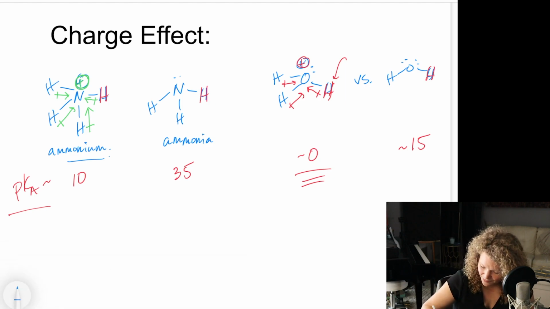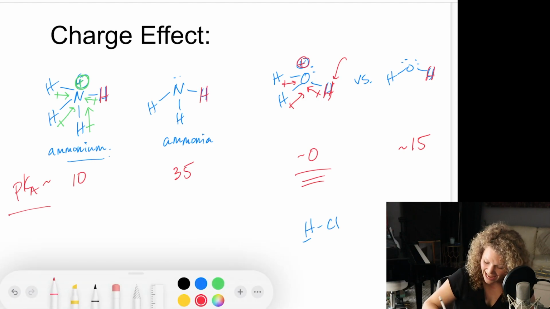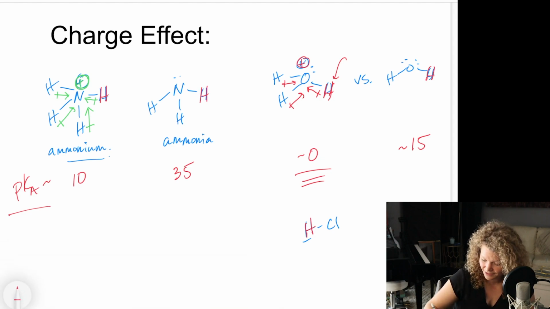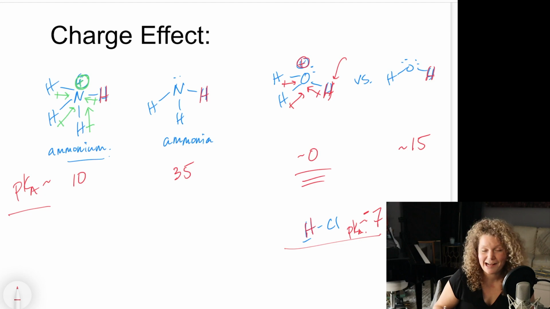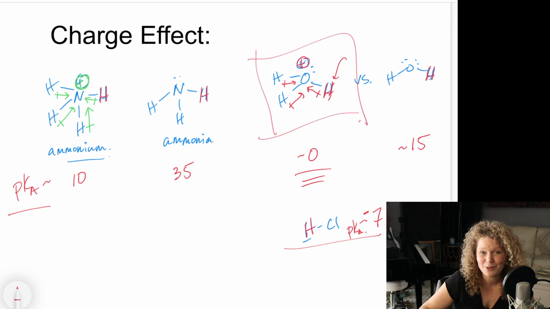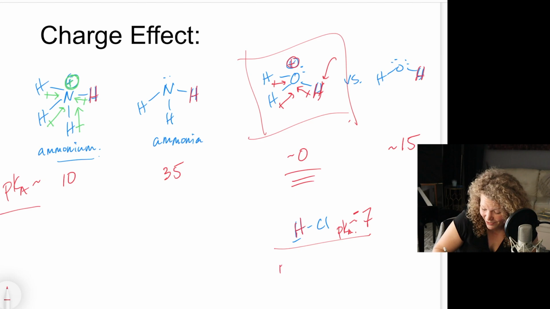So take, for example, HCl. We have our hydrogen here. HCl, we know, has a pKa of around -5. The pKa here is actually around -7. Look here, HCl is still more acidic than an oxygen with a positive charge. So the element effect is the biggest effect that we have. So HCl is still more acidic